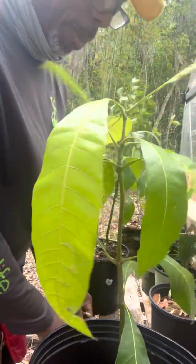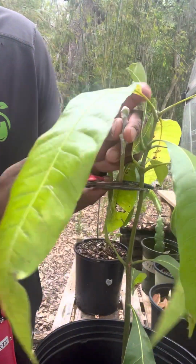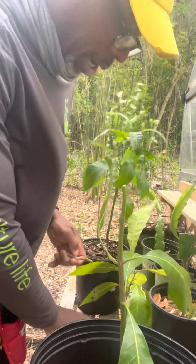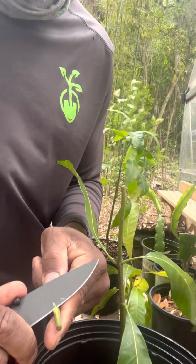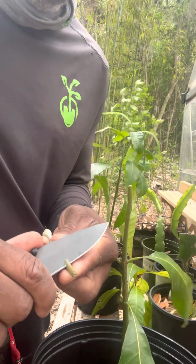So first step is we try to find a scion that matches the width of our tree at some point. So probably right about here, I think is where they match. That's a pretty good match right there. So now we're going to get our knife. We don't have a grafting knife today, can't find it, but you can use any knife. I prefer to have a grafting knife, but if you don't, any sharp knife can do in a pinch. And we're just going to basically cut a wedge